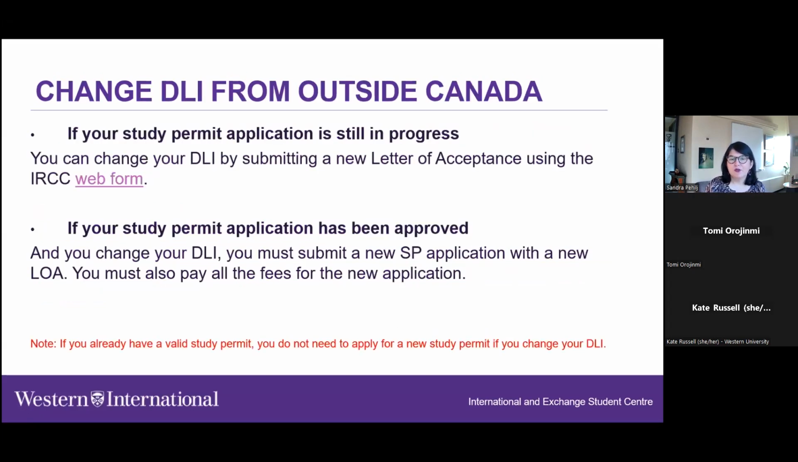Changing designated learning institution from outside Canada. If your study permit application is still in progress, you may have submitted an application and changed your mind and would like to attend a different educational institution. It is very important to use the Immigration, Refugee, Citizenship Canada web form. This is the way we and students communicate with immigration. You would then need to upload your new letter of acceptance